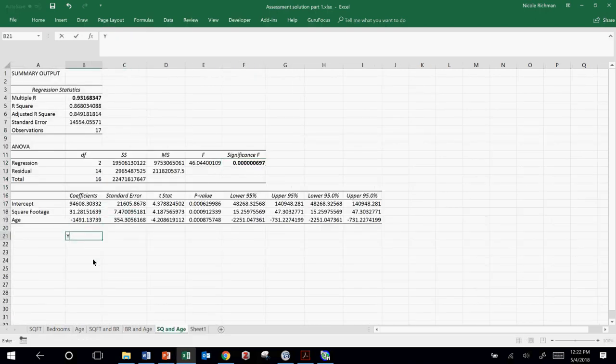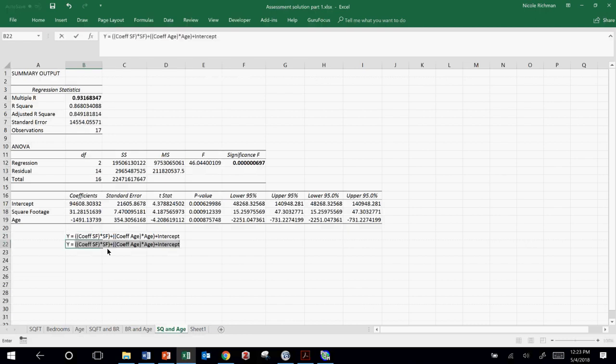So we would write this equation of y equals the coefficient for square footage multiplied by square footage plus the coefficient of age multiplied by age plus our intercept,